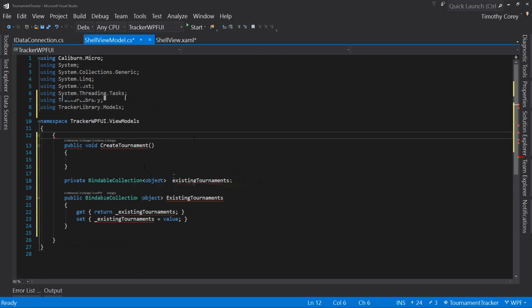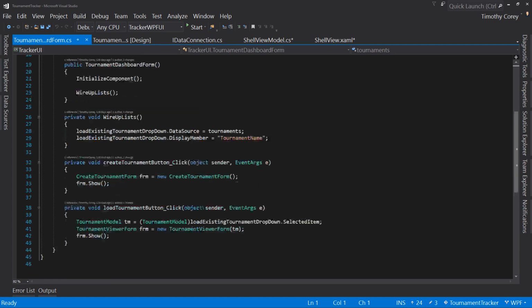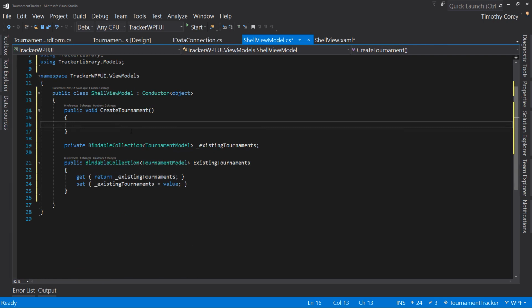That's no big deal. We don't need that. But we do need this line right here: global config.connection.get tournaments _all. So let's copy this line, and then we'll go back to our shell view model and say